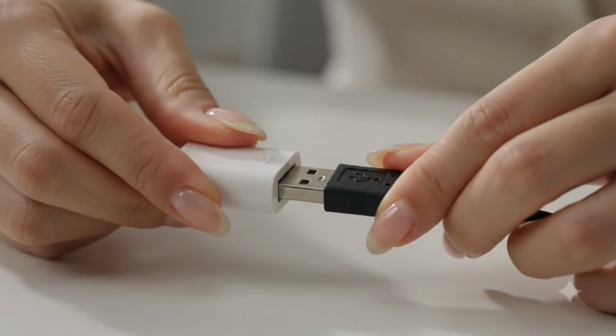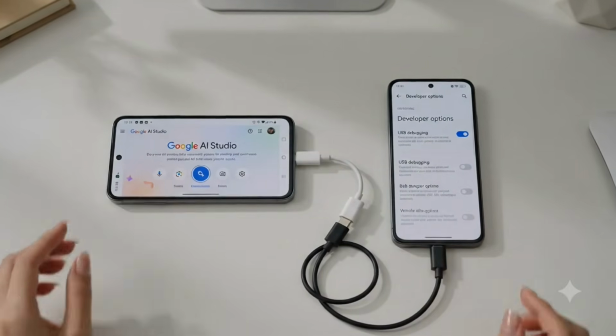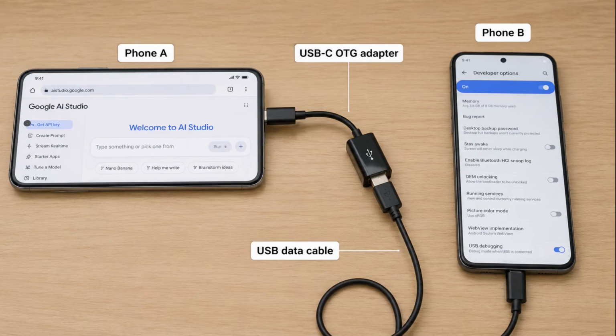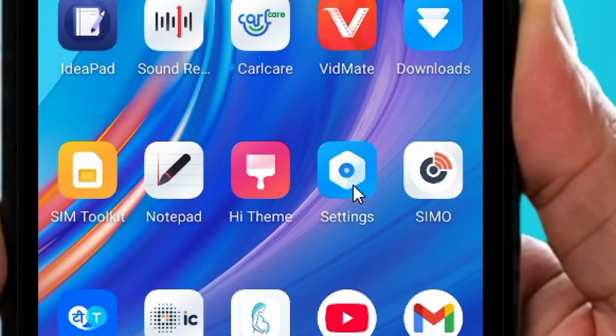This cable, use it to connect two phones: the one that you use to build your app, and the one that you want to install the APK on. Connect them together just as this image shows. So after connecting the two phones using the cable, simply come to the phone that you want to install the